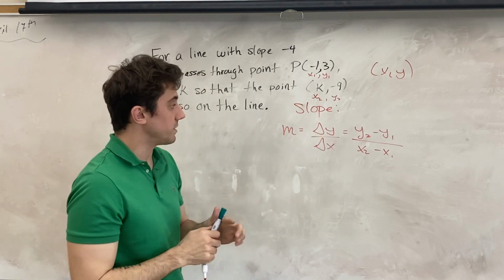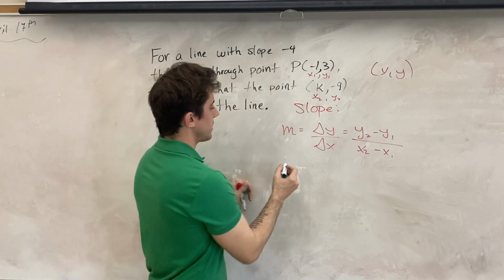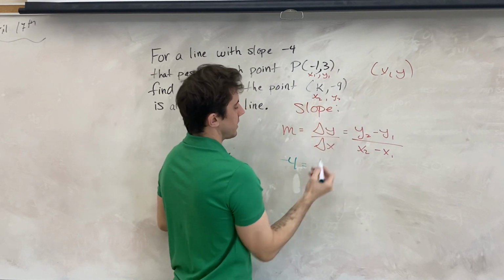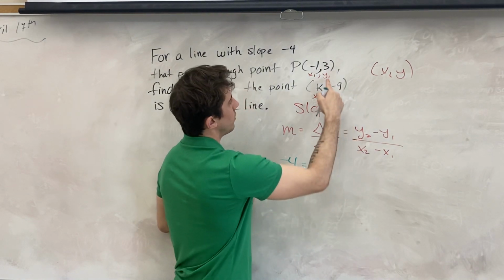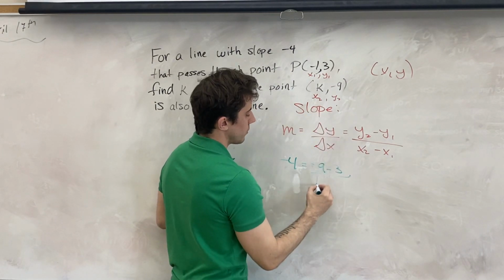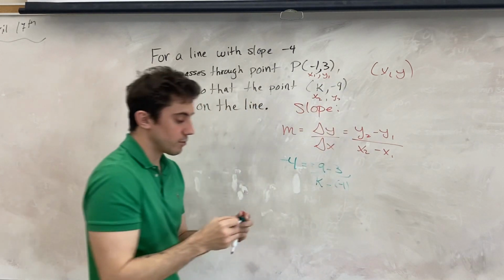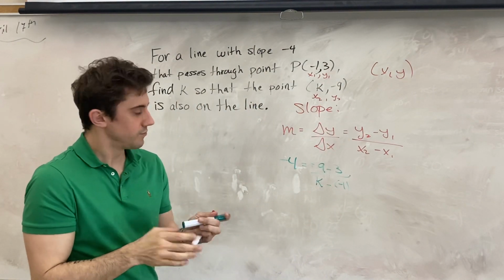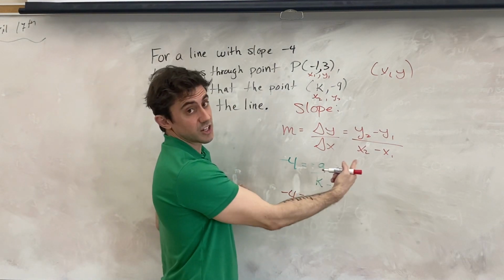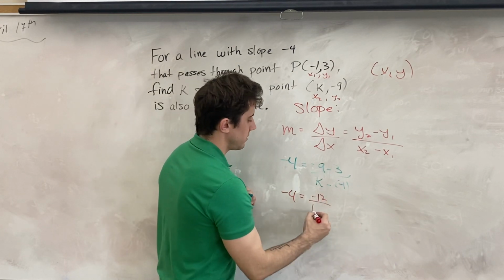And now we can just fill in what we know. We know m, the slope, is -4. That's given, so -4 is equal to y2, that's -9, minus y1, that is 3, all over x2, that's k, the one we're looking for, minus x1, which is -1, right? And now we're just going to be doing some algebra to solve for k. So -4 is -9 minus another 3 takes us to -12, and k, take away -1, is equivalent to